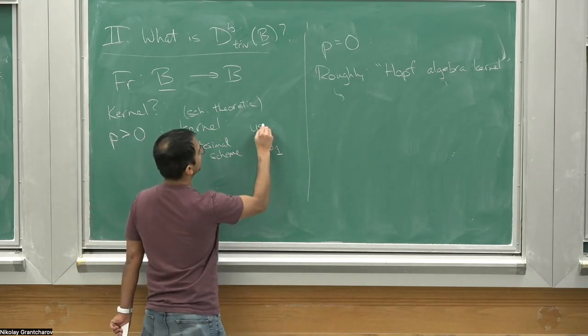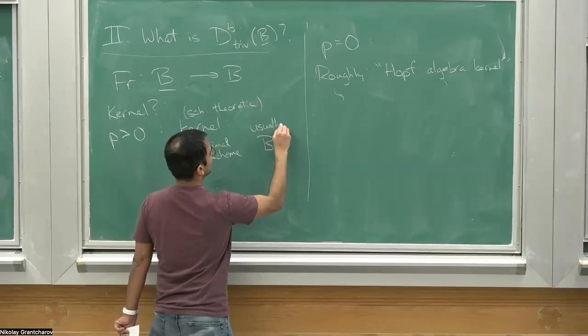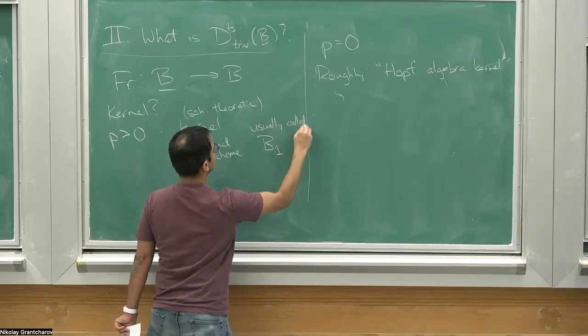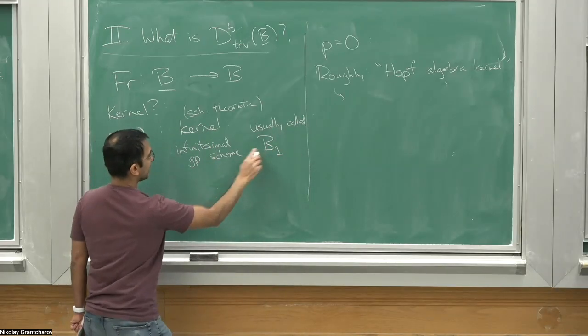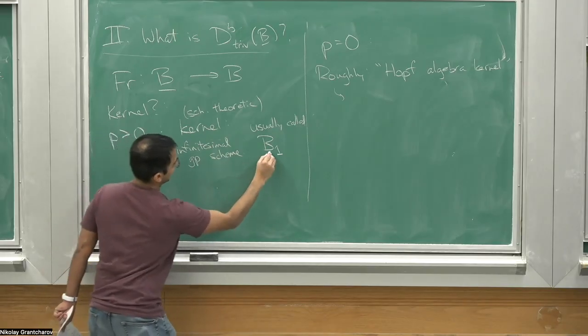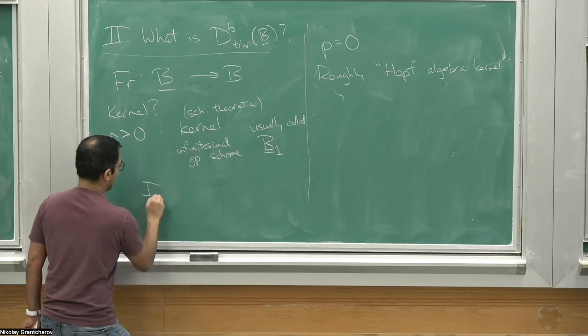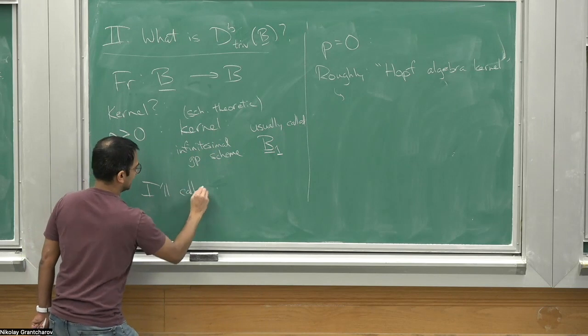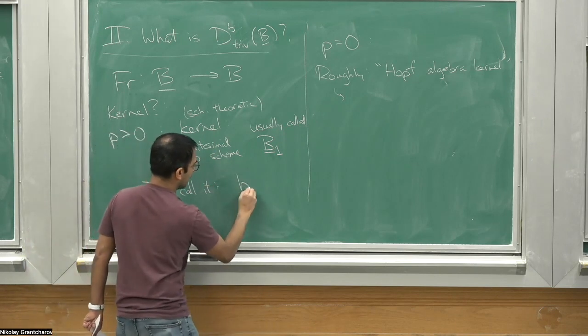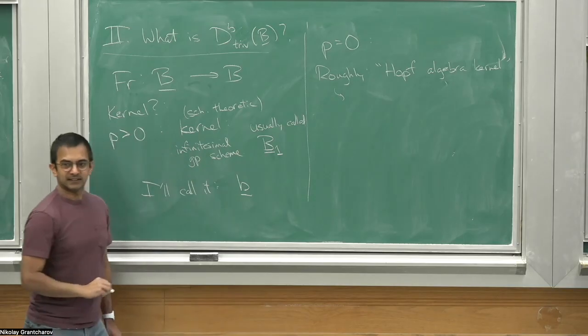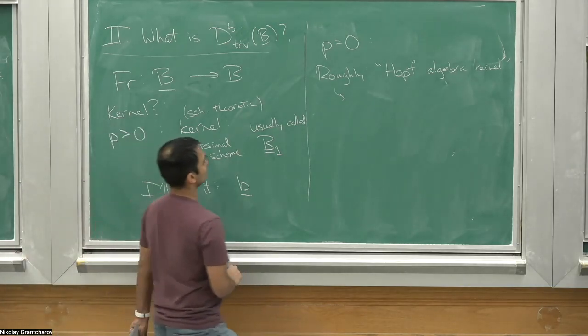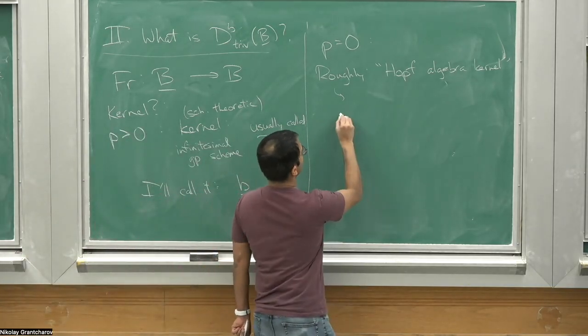I want to use the same notation for both. So in the algebraic group case, it's usually called B subscript 1, or actually I guess underline B subscript 1, and I'll call it lowercase b underline. So this is the Frobenius kernel, and in this case,